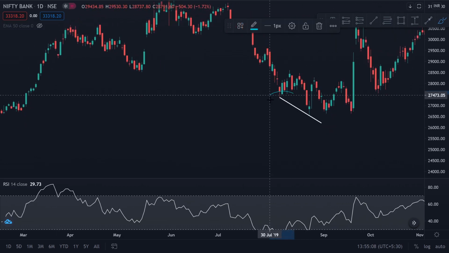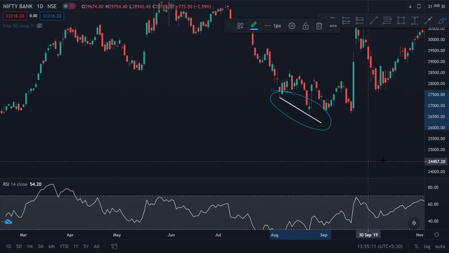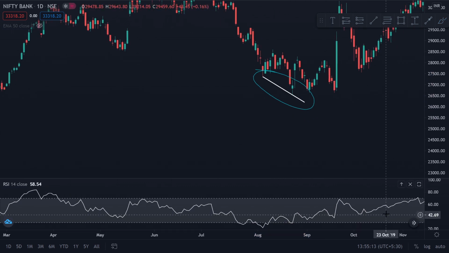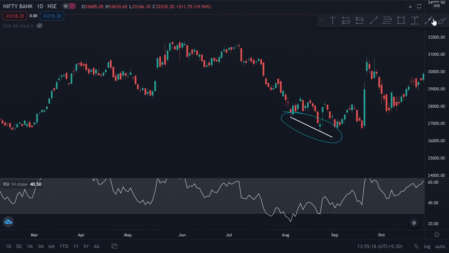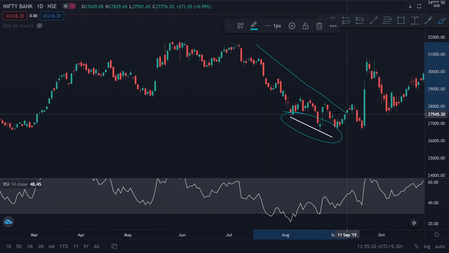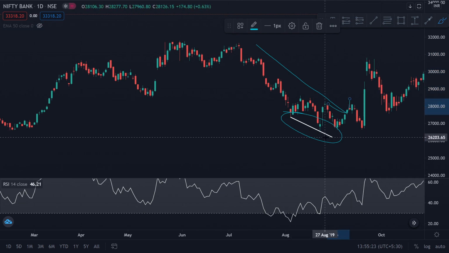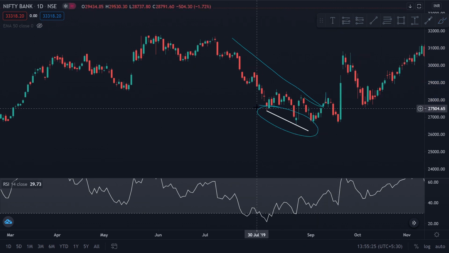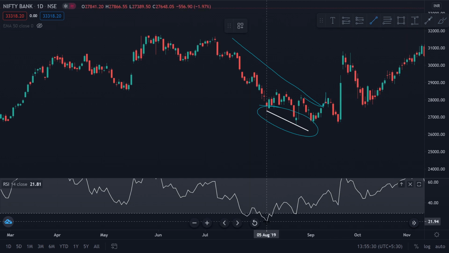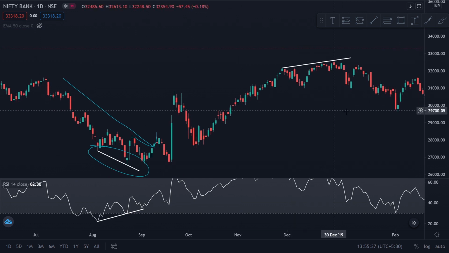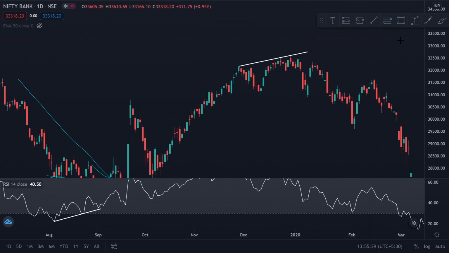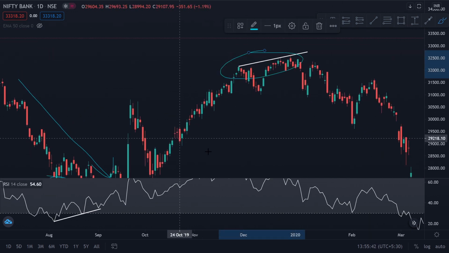I'll go through this quickly because I hope by now you got the feel of this. Now again, lower lows and lower highs, a downtrend in the market. You can see that the downtrend had been continuing for a long time, almost 2 months, and now there was a lower low formation here, but in the RSI there was a divergence spotted, clear divergence. So at this point, if you go long, you could have caught all this juice. And next, you can see higher highs being formed in the market.